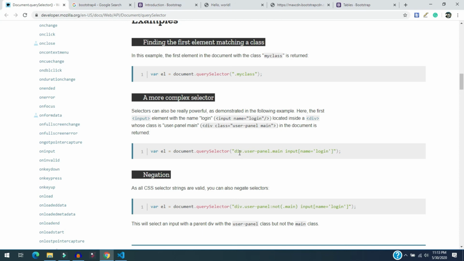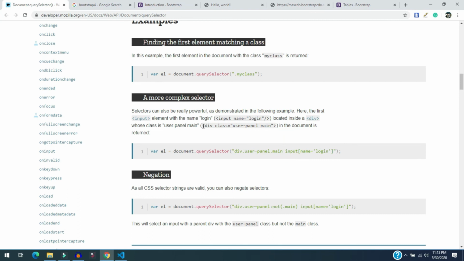So you can see here that it is selecting div, and for selecting the class they are using the dot, because a class is denoted by the dot and an id is denoted by the hash. Since this is a class, that's why it's a dot. And the user panel means this is selecting the user panel, and then main means this one, and then it is selecting the input element, that's why input is there.